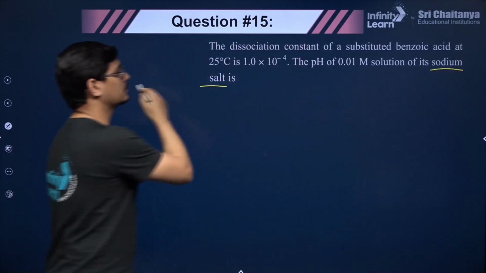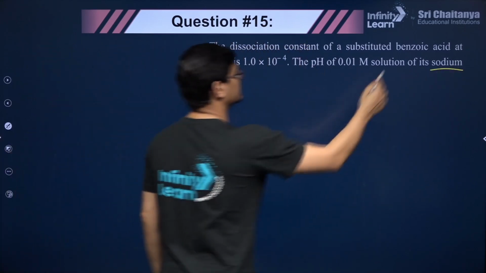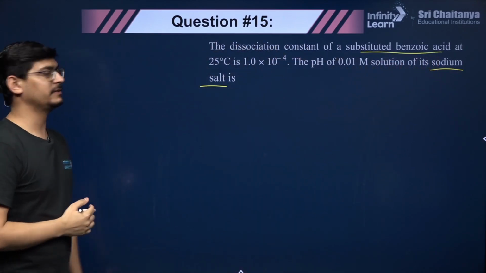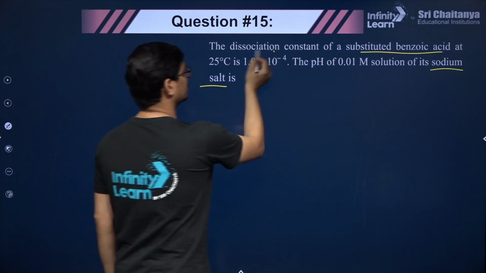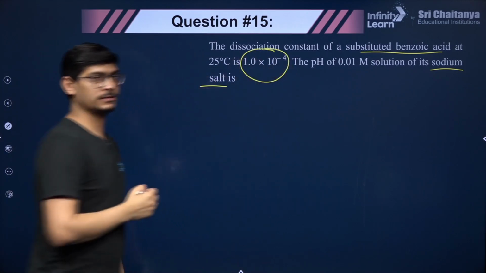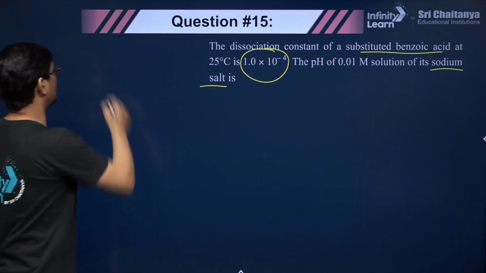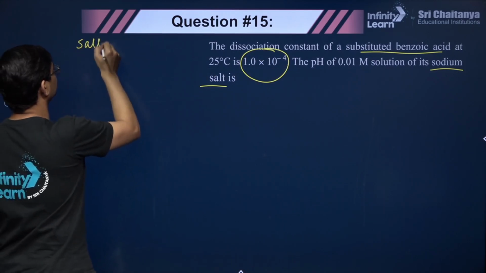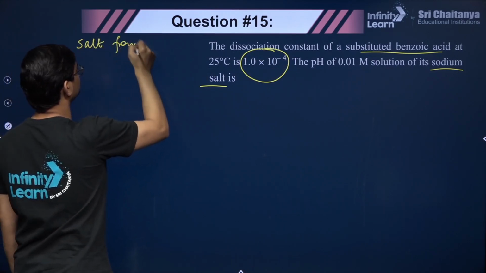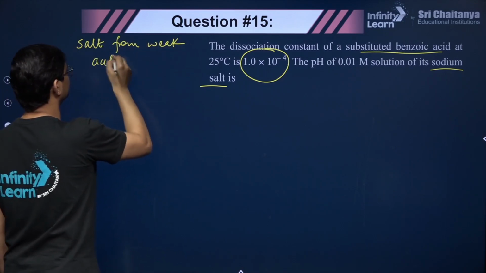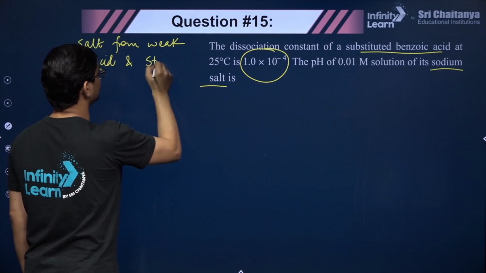Sodium salt of benzoic acid, substituted benzoic acid. So benzoic acid is a weak acid. We will assume it is a weak acid, right? The value of dissociation constant also tells so. So please remember that if a salt comes from weak acid and a strong base,